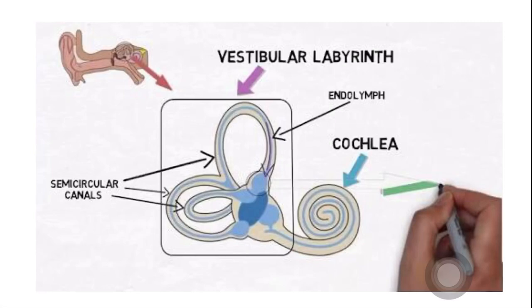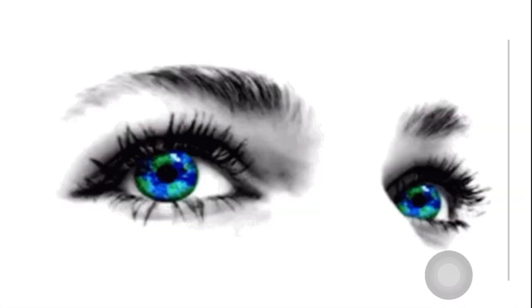Number 3, it is related to the vestibular apparatus also. So the fibers coming from or going to the vestibular apparatus from the cerebellum are called the vestibulocerebellar tract. So this is the tract related to this cerebellum. And fourth, it is related to the gaze center also. Gaze center means conjugate gaze, both the eyeballs moving towards the same side. These are the important points about the archicerebellum.